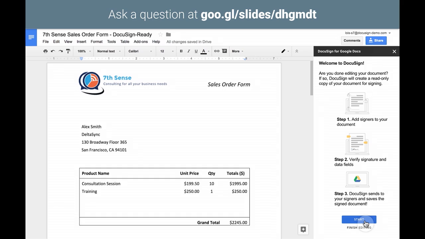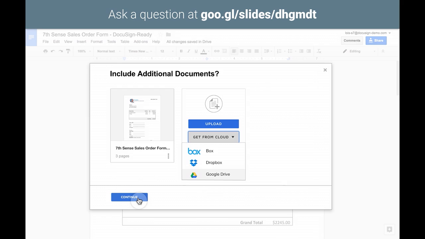So Lois, now that she's installed the DocuSign add-on using that very easy and intuitive experience, first gets a summary of the different things that are going to happen when she goes through a DocuSign transaction. So for this sales form, she'll click Start. And the first thing she'll do, she'll have that document automatically imported into DocuSign, and she'll see a quick preview of it there. But if she needs to add additional things, maybe terms and conditions, some supplemental forms, things she has to do for her company, she can reach right back into Google Drive and pull those additional documents in